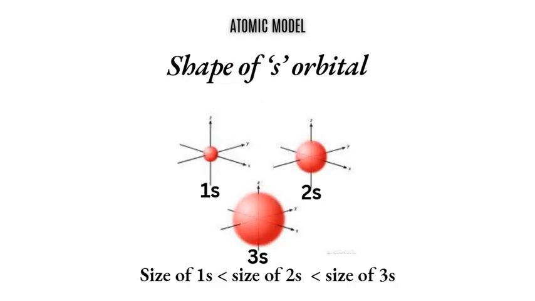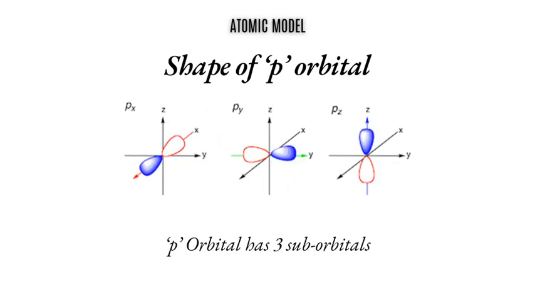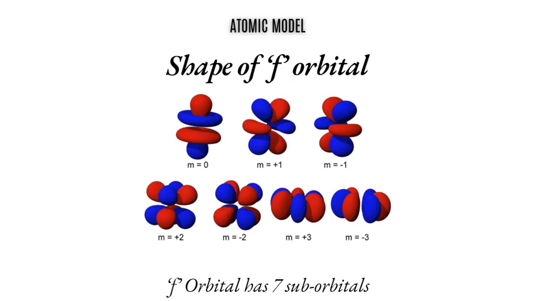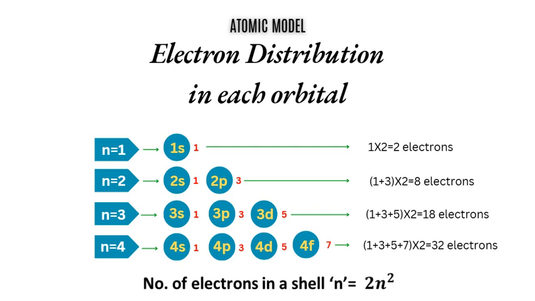The diagram shows shapes of s, p, d, and f orbitals. The s orbital is spherical in shape and has no suborbitals. The p orbital is dumbbell shaped and has 3 suborbitals. The d orbital looks a bit more complex and it has 5 suborbitals. The f orbital is very complex and it has 7 suborbitals. These orbitals are oriented around the nucleus along the x, y, z axes. Electron configuration, or arrangement of electrons in an atom, depends upon the total number of electrons present in the atom.